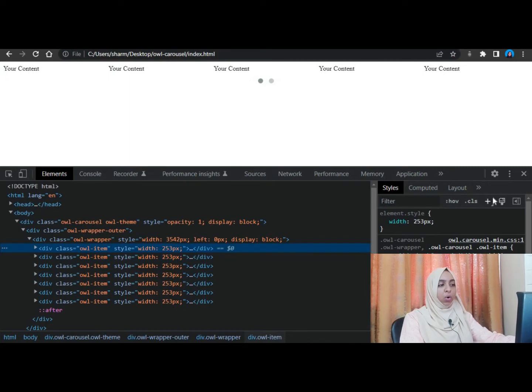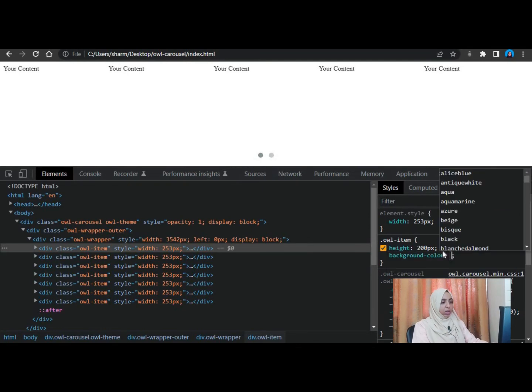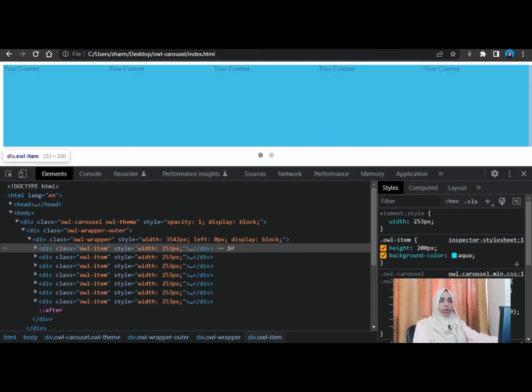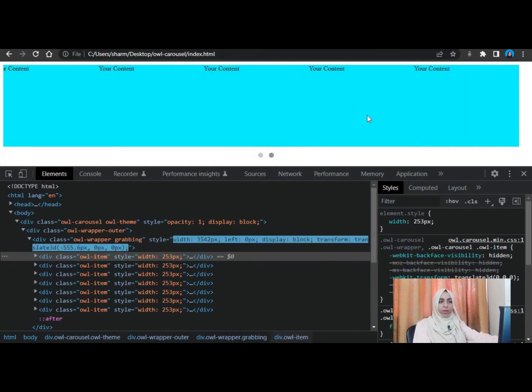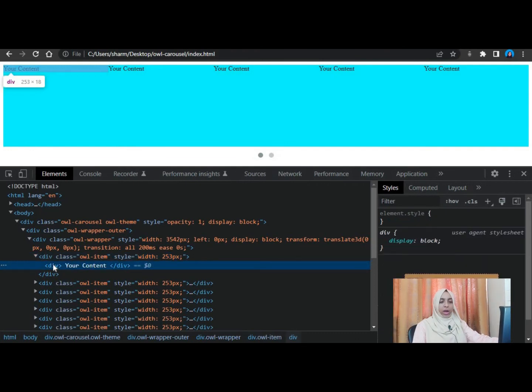So we can just take hold of that owl item, and maybe give it a height of 200 pixels if you want. Can you see these navigation items just moved? Just note them. When I remove it, it goes back up, and when I add it, you again see them moving down, right? So it increases the height, and we can give it a background color to see how it is actually working. Can you see? These are your different items. So this is how you can give style to your elements. You can give them any style you wish, and you have your content over here.